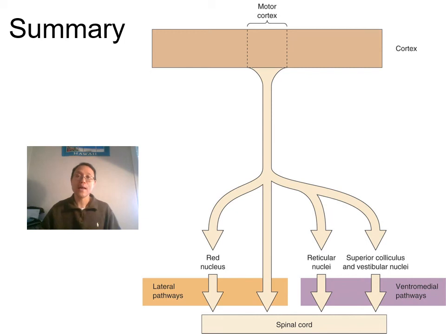So you can see that M1 is going to make synapses into many areas, but the final destination is always going to be the spinal cord. This direct pathway that you see here is the corticospinal tract. Some of them are going to synapse first onto the red nucleus, and then this is going to form the rubrospinal tract here. And then the corticospinal tract and the rubrospinal tract together form the